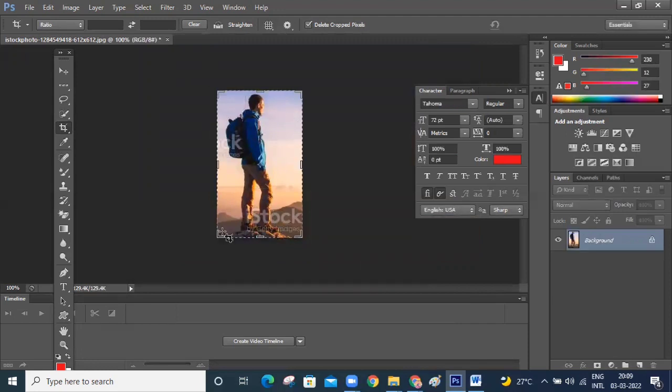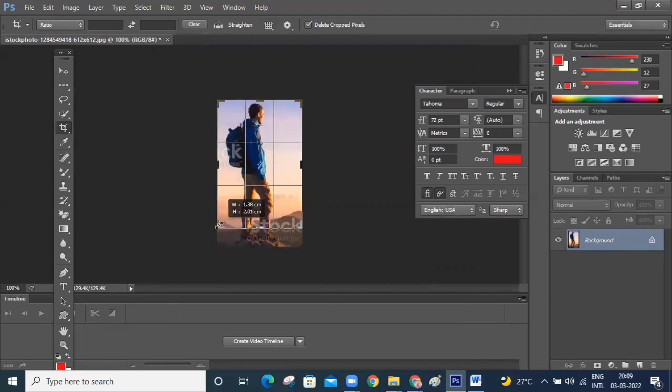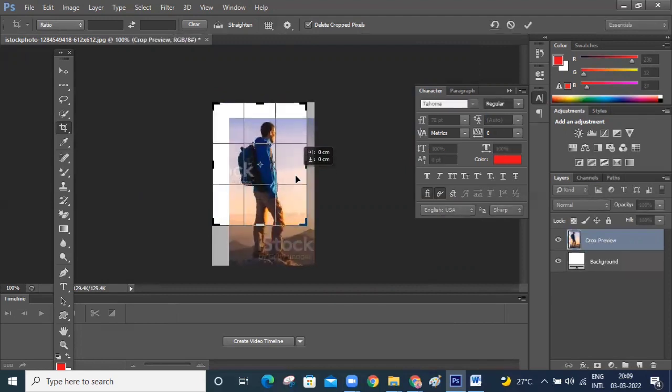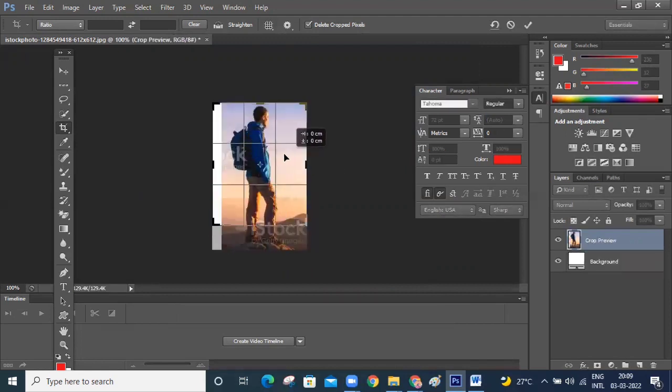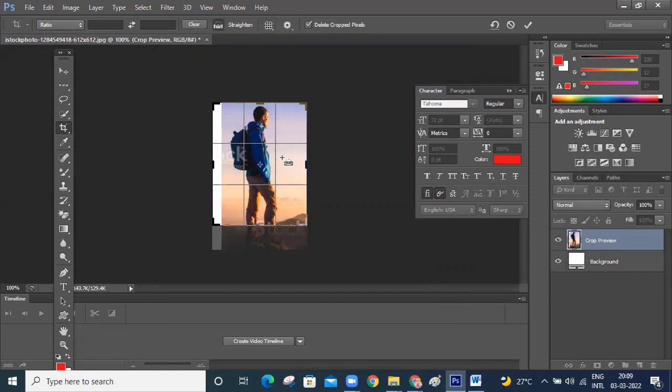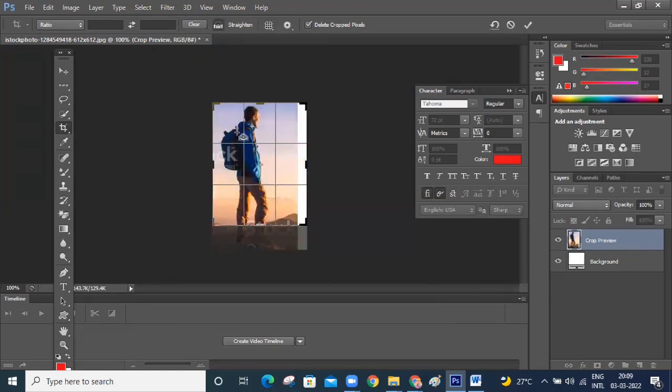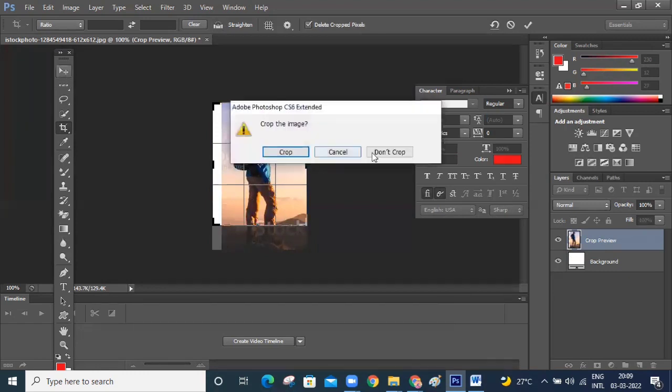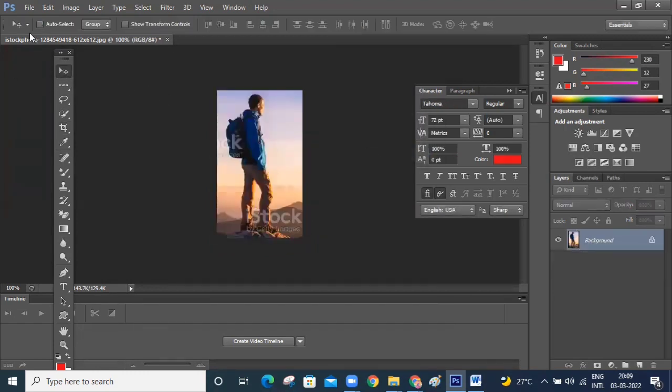If you want to reduce and adjust the image, you can do that.